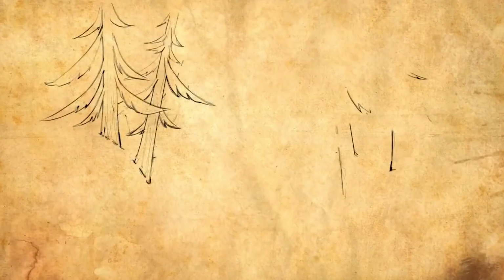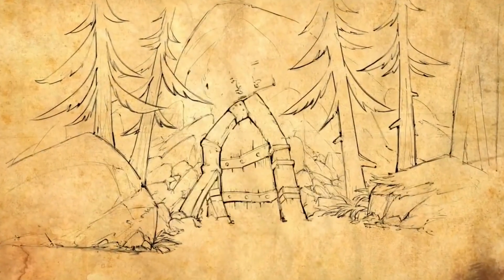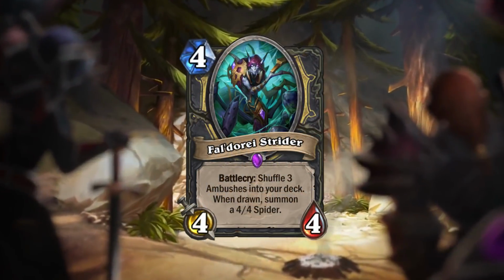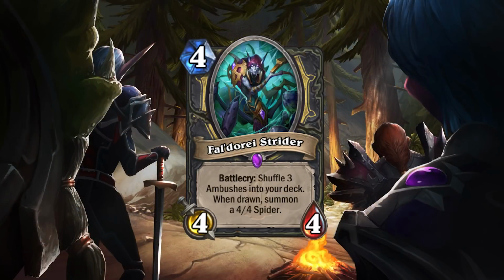November 26th, the 3 cards revealed for, wait, what? Only 3 cards. Whatever, there's a playlist in the top right if you want to check out the other Kobolds and Catacombs cards. First up we have fal'dorei Strider, 4 mana 4/4 epic Rogue minion with the battle cry shuffle